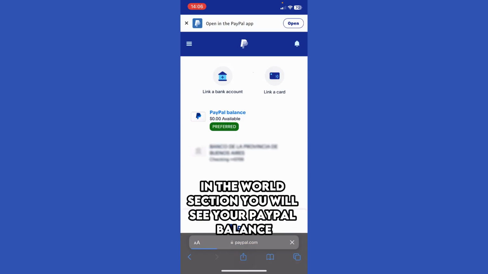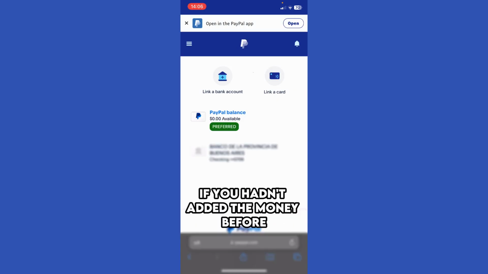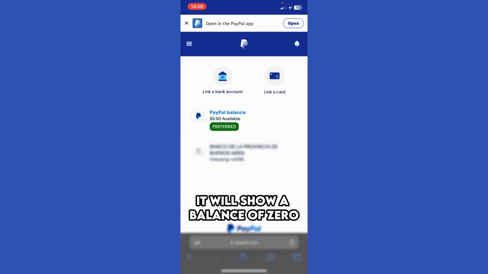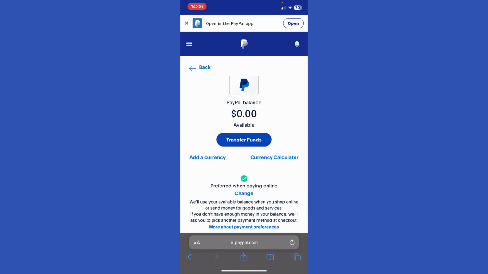In the Wallet section, you will see your PayPal balance. If you hadn't added money before, it will show a balance of 0. Now click on your PayPal balance, and this will bring you to a page where you can transfer money. Now click on Transfer Funds,